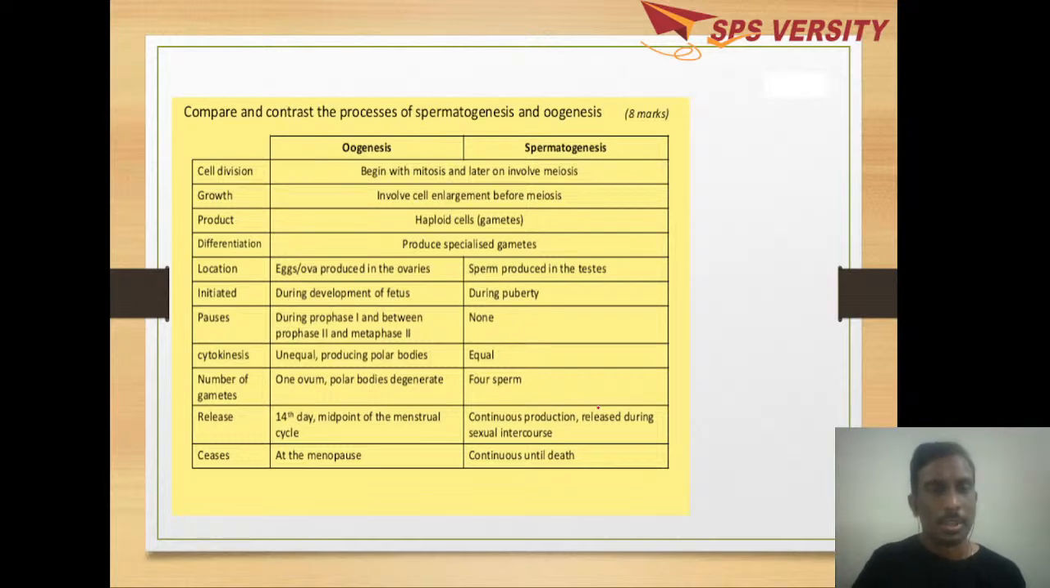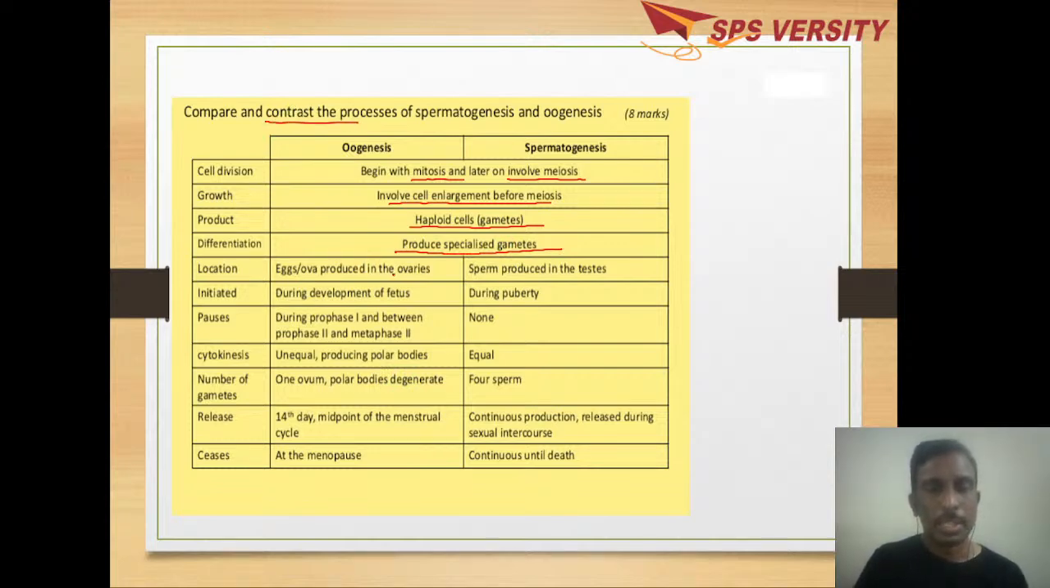Among the common things, it begins with mitosis, later on it involves meiosis, meiosis 1 and meiosis 2. Both will enlarge, that is, the primary oocyte as well as the primary spermatogonium undergo enlargement before meiosis. By then we get gametes which are haploid, so specialized gametes are produced. But when you come to contrast,